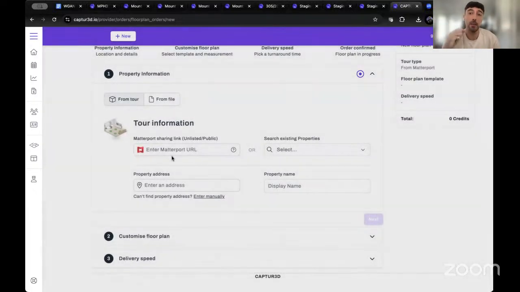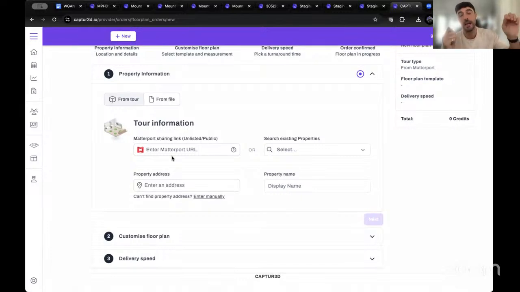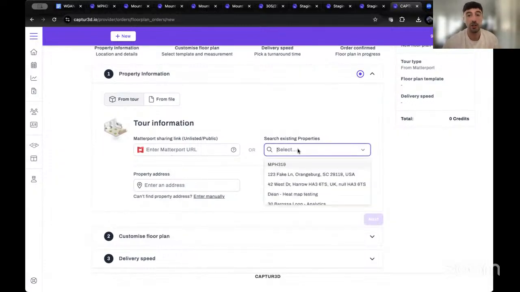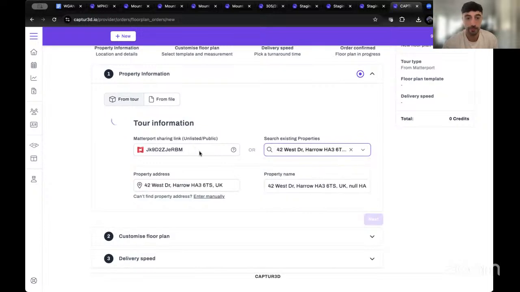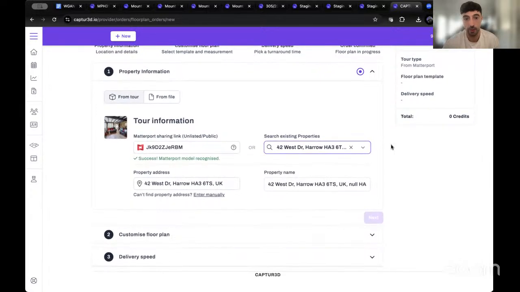Any public or unlisted models that are set in your Matterport account, there's the option to automatically migrate them into your Captured dashboard just for easy ordering. So you're not having to switch between the Matterport workshop or system and then Captured as well. All of the models that you may need are in here. So you can search for one of these existing properties, for example, and that will generate the Matterport URL.